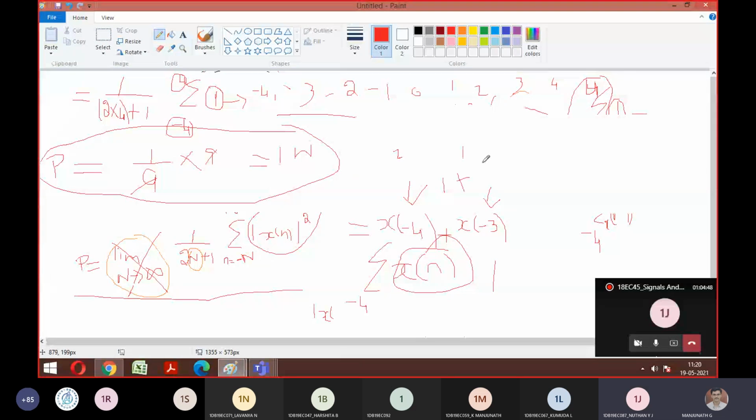Yes, sir. See, this is the difference. Just have an awareness. If you know the value of x of n, good. It is proved that the magnitude of x of n itself is 1. If you put the summation for that, however large your interval is, the value remains the same. So you just need to do the summation for that, add all the things, and get the answer. I hope I made things clear.